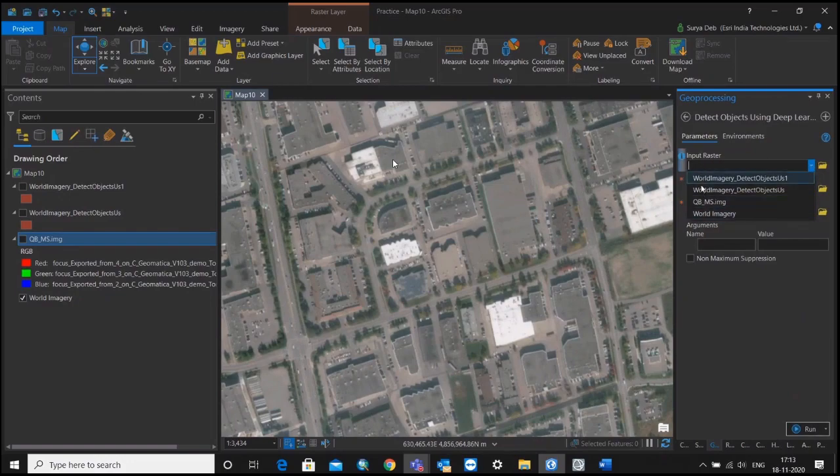So once you have whatever imagery you have, you can select it. I tried over this QuickBird imagery, but I am not getting good results. But when I tried with this one, this is World Imagery, which is our base map, I am just trying with this, and this is also quite good information. It is not that you can't do these things using the base map, because building footprint information is required for various purposes.